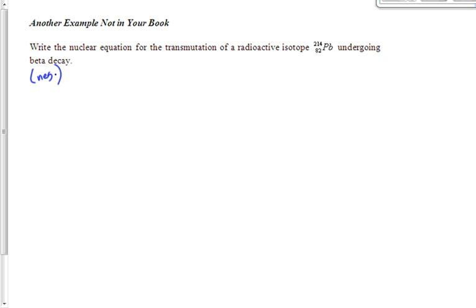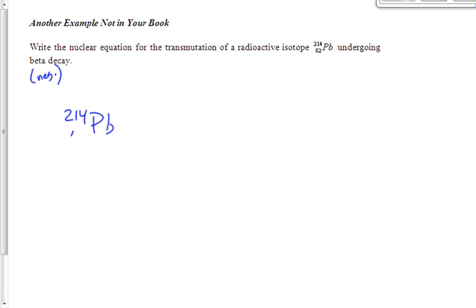So if you saw a question on an exam, it might not have said beta negative or beta plus. It might have just said beta. You would have assumed that that was beta negative because that's the only thing you knew. You may have a couple multiple choice questions in your booklet that are from the old curriculum and it just says beta decay. If that's the case, you're going to assume beta negative because that's what they meant. But if you saw that question on an exam now, they'd say beta negative or beta plus. All right, so you got lead-214